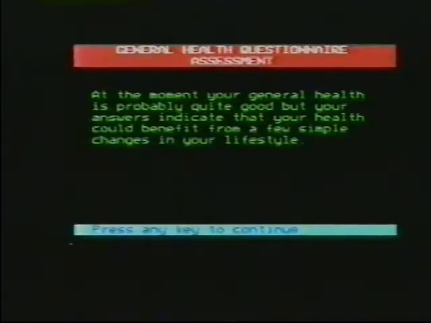At the moment, your general health is probably quite good, but your answers indicate that your health could benefit from a few simple changes in your lifestyle. Your answers suggest that you may be overweight. Carrying too much weight is not only unattractive, but can also increase your susceptibility to some types of disease, notably